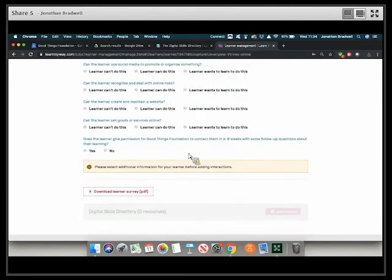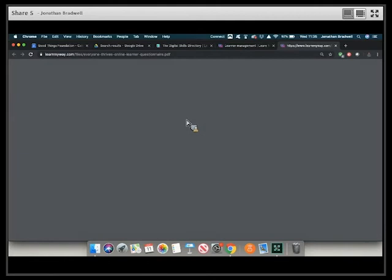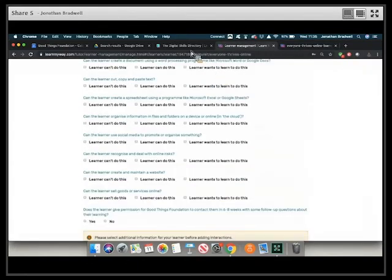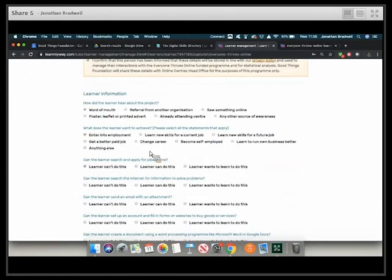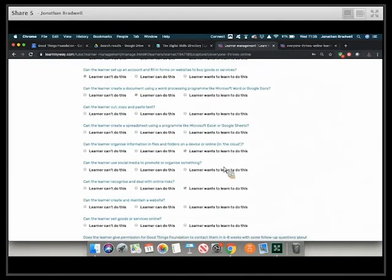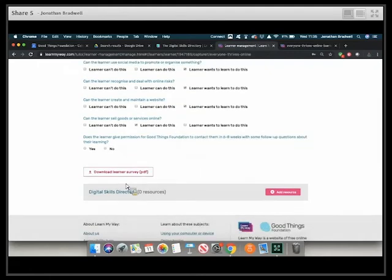So here I would just click add resource, and then I would put in the name of the resource that the learner's used. It's really helpful if you can put in the exact name as it appears on the Digital Skills Directory. For example, how to send an email with Gmail would be one example. So I'll put that in here. The date and then the time spent on it. And then I can press save. And then I can add another resource onto there at any point. So I can either do it at